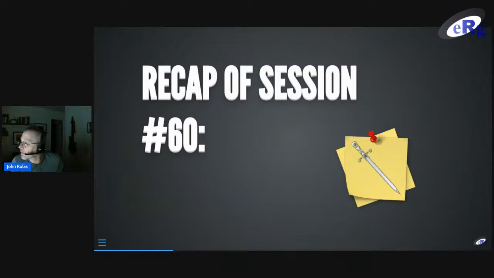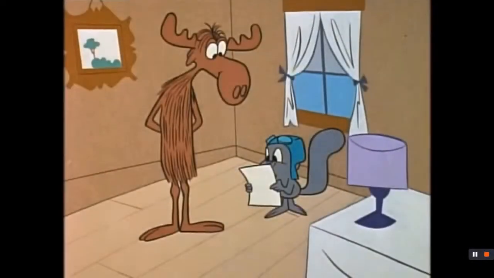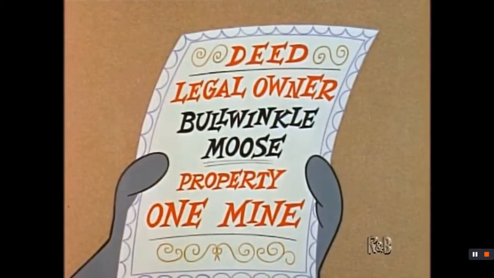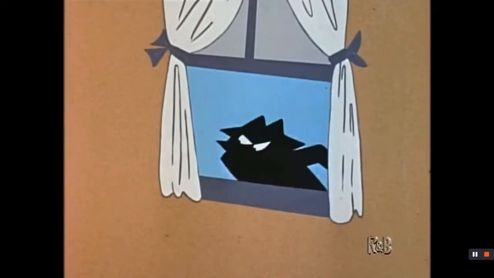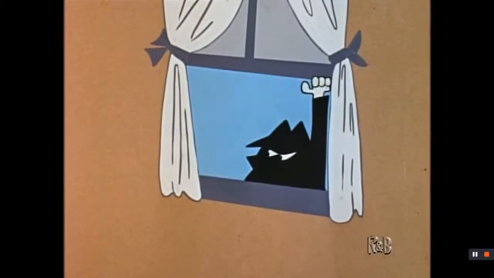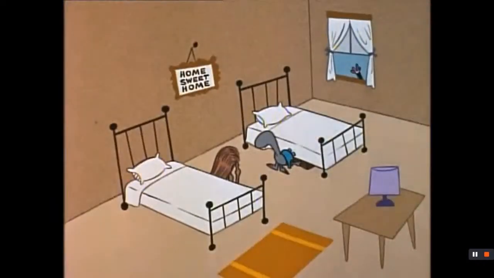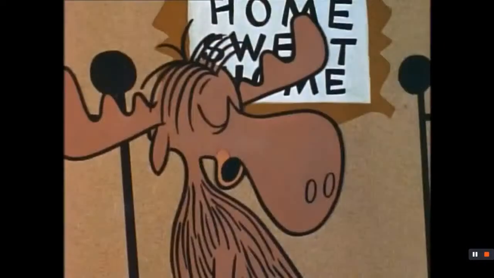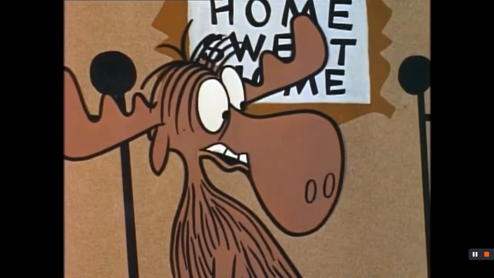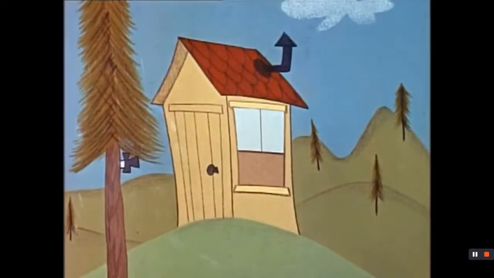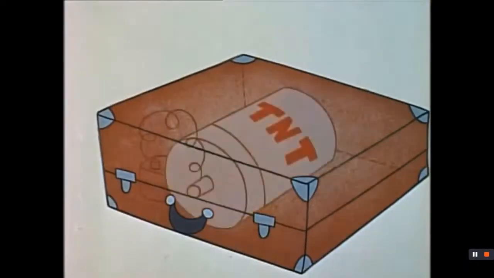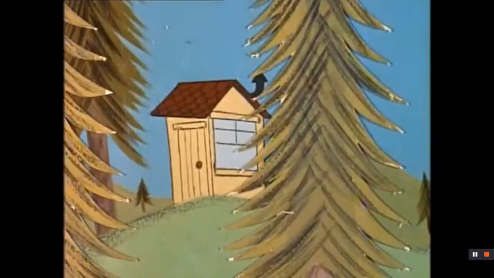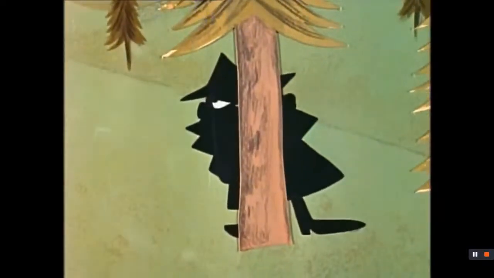So let's get our transition boys in here. Last time, you remember, Bullwinkle inherited a mine from his Uncle Dewlap. Nobody seemed to know what kind of mine it was, but somebody sure wanted to keep our boys away from it. But whoever it was didn't reckon on the determination of our heroes, for with more courage than brains, they started to pack. Nobody's gonna scare us, eh, Bullwinkle? No, not you anyways, Rock. Besides, what can happen to us here in our own little home sweet home? But unbeknownst to Bullwinkle, a can of TNT had been placed inside his suitcase, wired to go off as soon as he opened it. And a little way from the house, a mysterious figure seemed to be waiting for the